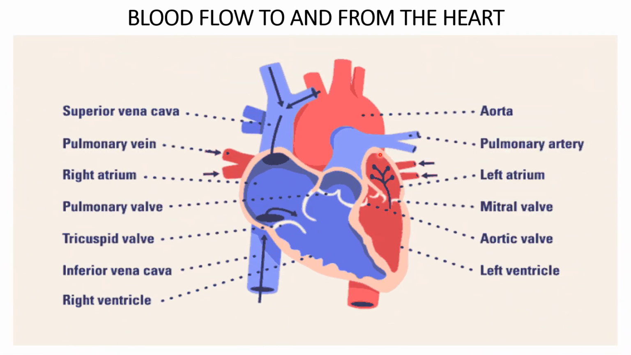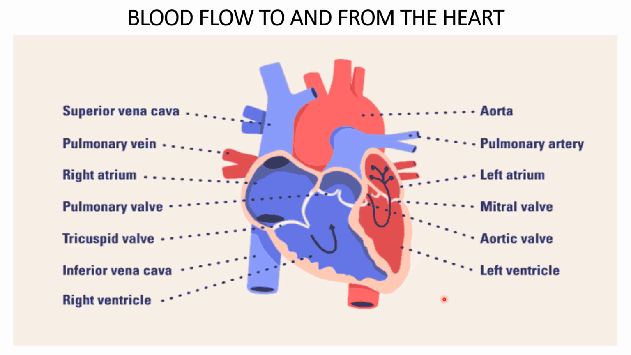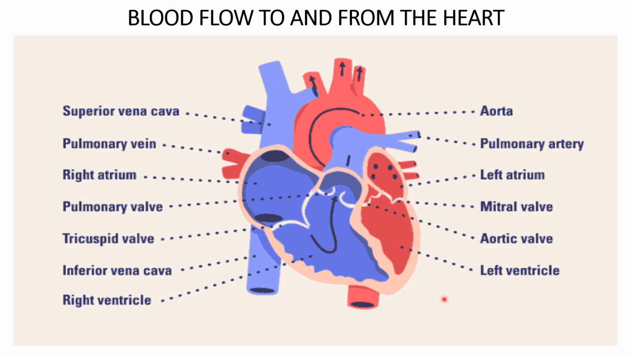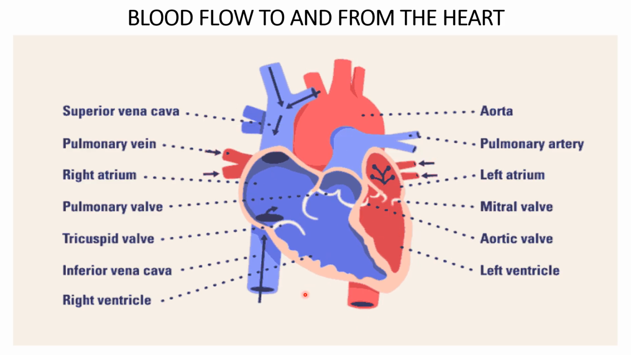So this is to explain how blood flows from auricles to ventricles and from ventricles to aorta and into pulmonary artery. So in the previous video we discussed what the internal structure of the heart is and what blood vessels are connected to it. So from this